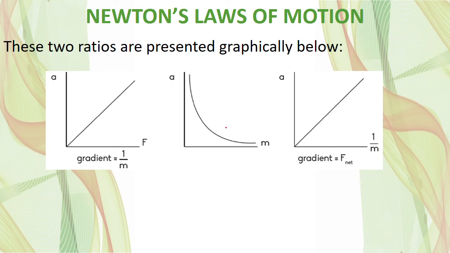Ek wil net gou vinnig 'n oomblik spandeer aan hierdie. These are the graphs of this. Ek het dit nou eintlik verkeerd omgeskryf. Nee, ek het hulle reg omgeskryf. Hierdie ene het snelheid teenoor krag. So in other words, if you increase